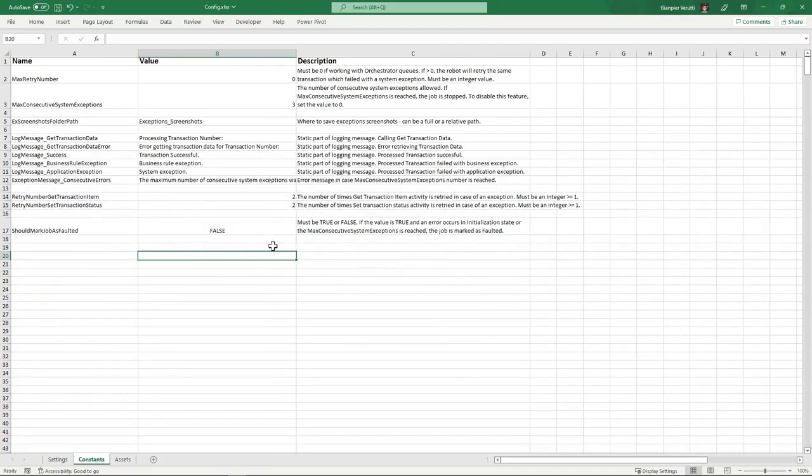We also want the number of times the get transaction item and set transaction status activities are retried in case of an exception set to 2. Despite an exception occurring in the initialization state, a job still gets marked as successful. To mark a job as faulted when an error occurs in the initialization state, or when the max consecutive system exceptions parameter value exceeds a defined value, we must set the should mark job as faulted parameter value to true in the constants sheet. With this, we conclude the configuration step of building our automation project with REFramework and Orchestrator